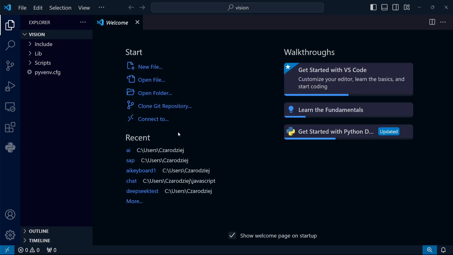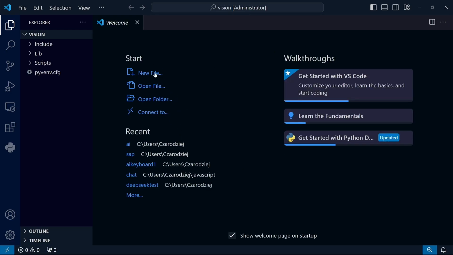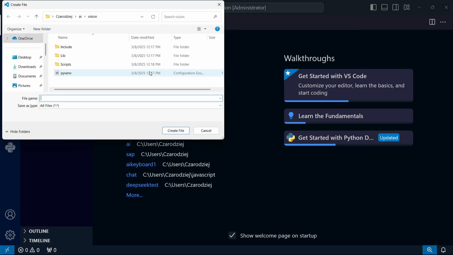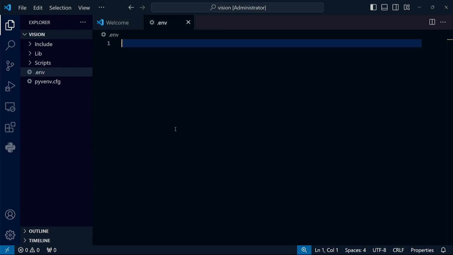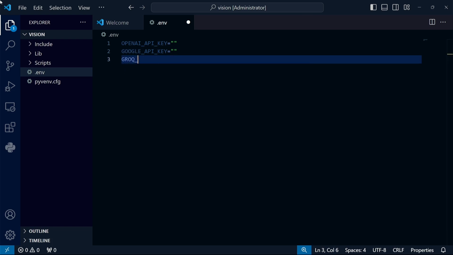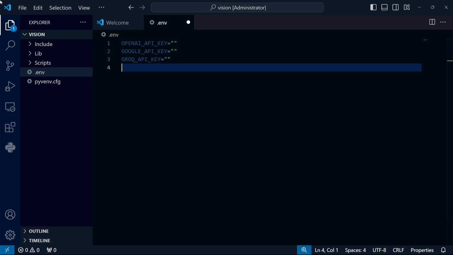As I've mentioned several times, secret API keys should be kept in environment variables. So first I'm going to create a .env file to store them securely. In today's lesson, we'll be working with 3 AI providers: OpenAI, Google, and Groq. So I'll need to set up 3 environment variables. When you create your program, you'll probably focus on just one provider, but I want to showcase all the options so you have a choice.